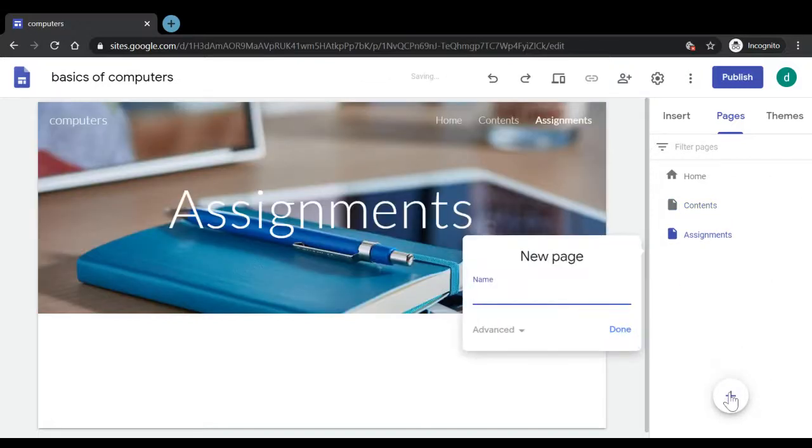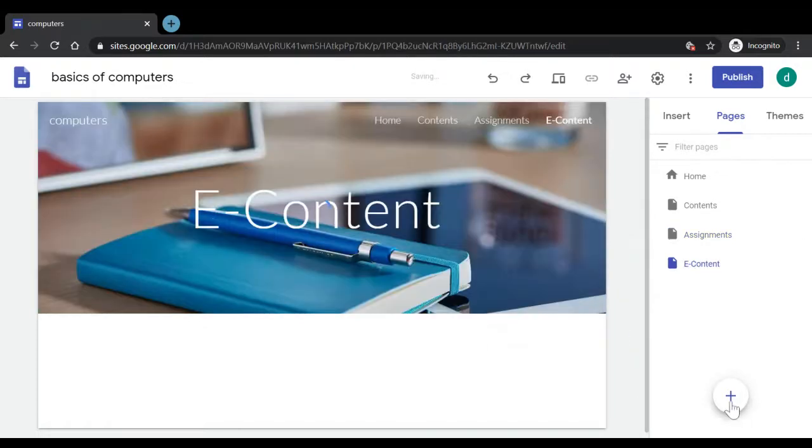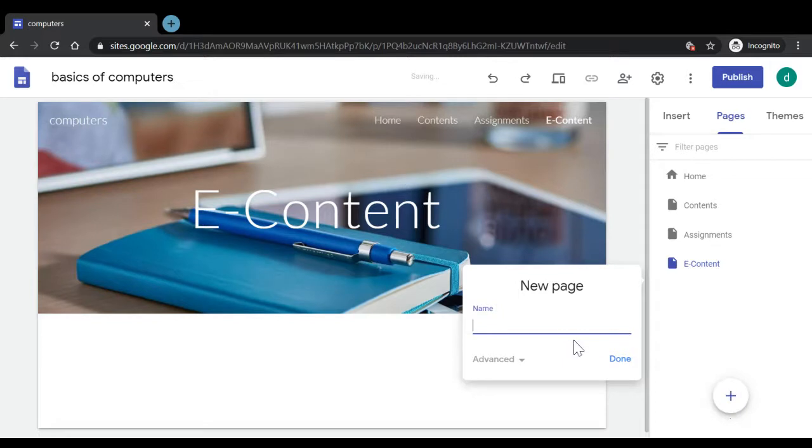Further, we can also add a page where we want to mention about the ebooks or the e-content that students can refer to. And just as we see in other pages, we can have a help desk or a help forum as well. So these are few pages that can be created at your convenience.